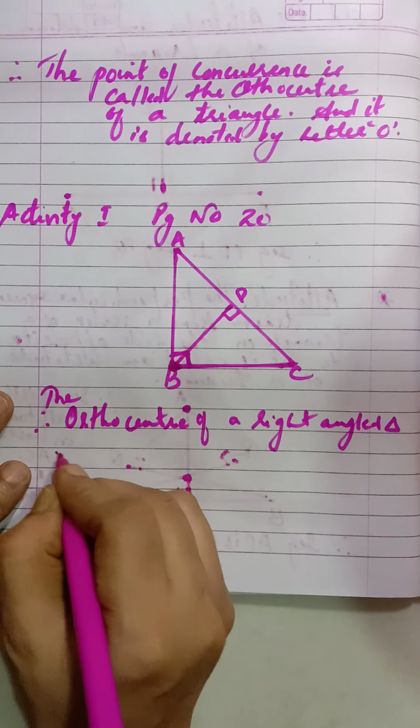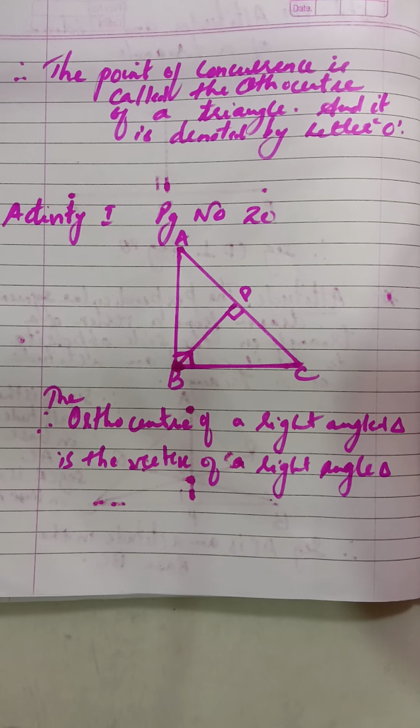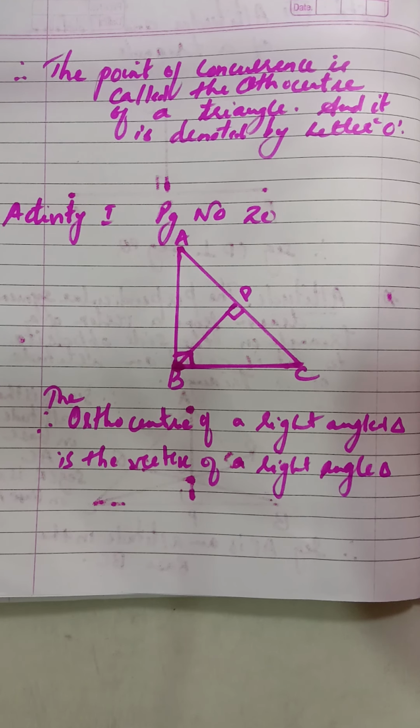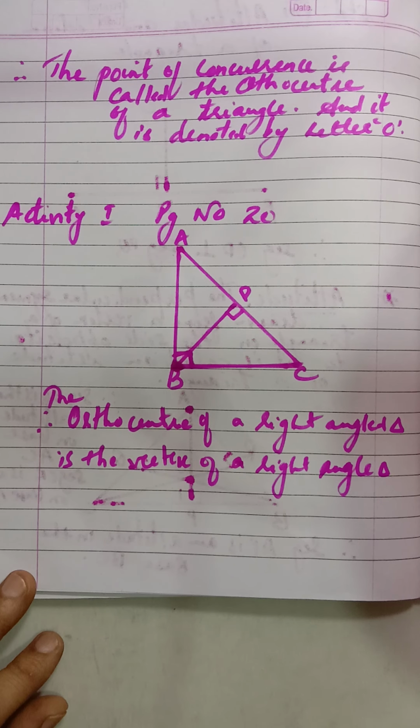So I hope this activity is clear. And the third activity which we have done is about the acute angle triangle. That is also very clear. Now let us move to the second activity, that is, draw an obtuse angle triangle and draw its altitudes. And now we need to find out where the orthocenter lies. Okay children, so now let us see the second activity. Here the second activity says that we need to draw an obtuse angle triangle and then draw its altitudes, and we have to find where the orthocenter of an obtuse angle triangle lies.